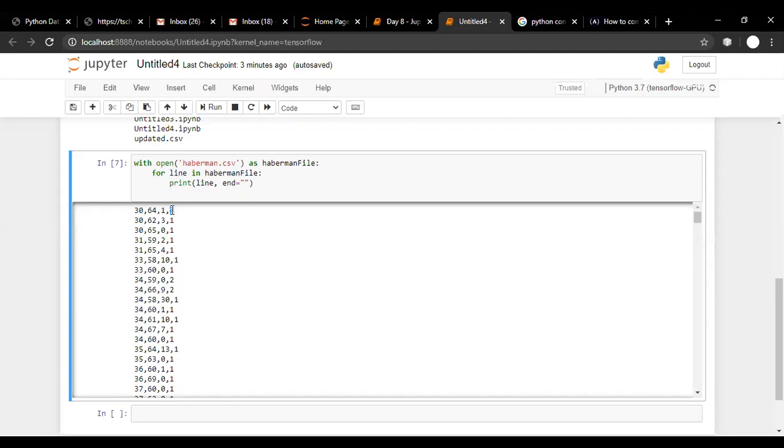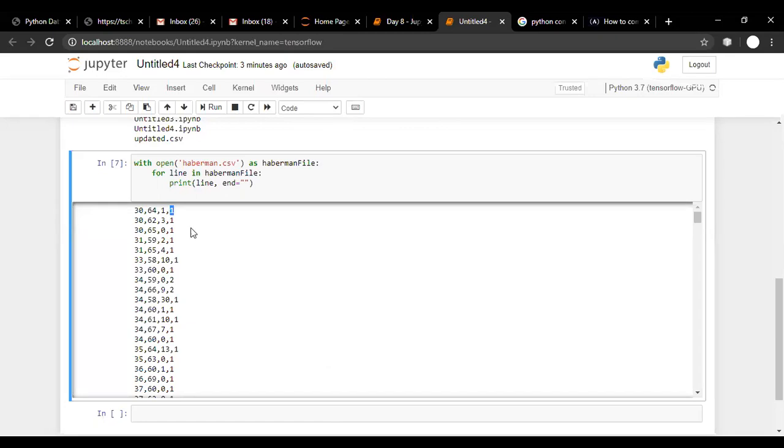And 1 means yes, it was successful, the patient survived for more than 5 years. And if it is 2, it indicates the operation was not successful, the person died within 5 years after the operation.